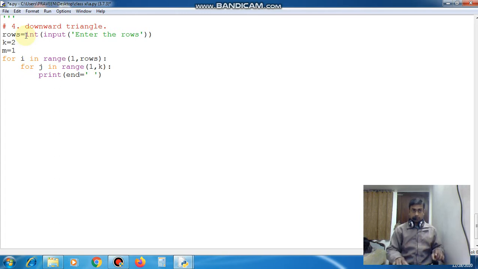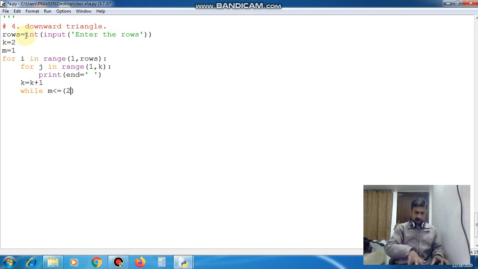This we have to take care, and then after this loop, k is equal to k plus 1. Now from here, for the star printing, while m is less than equal to